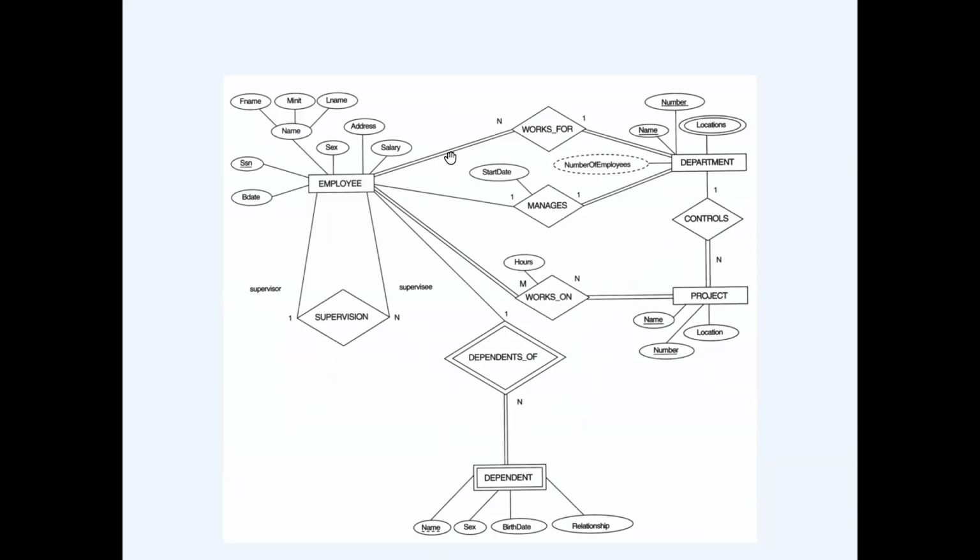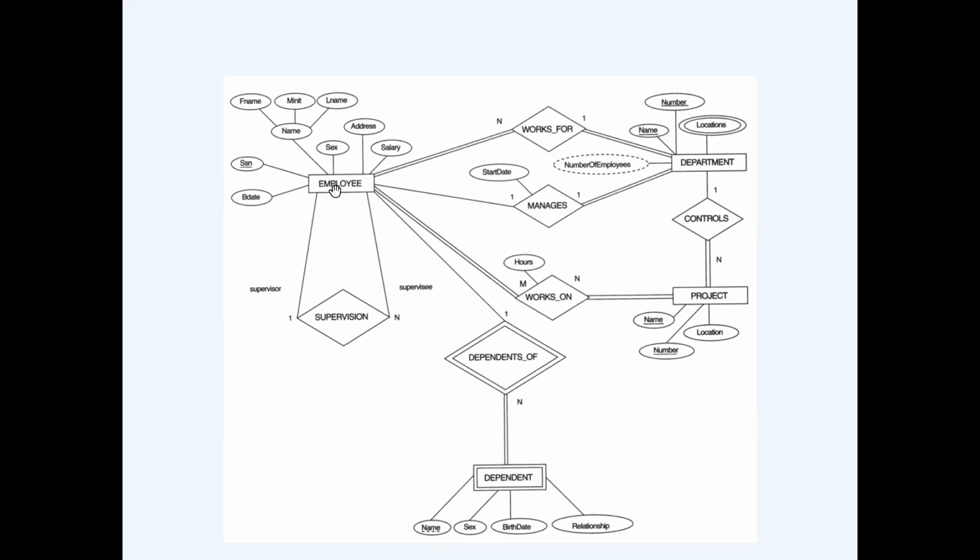Here, all the employees work for a department. So this is total participation. Everybody participates. Here, only some of them work as managers. You know that not everybody can work as a manager, only some of them. So you have just a single line. Right. Now, similarly, look here. All the employees work for a project, so therefore you have a double line. All the projects have employees, so you have a double line,